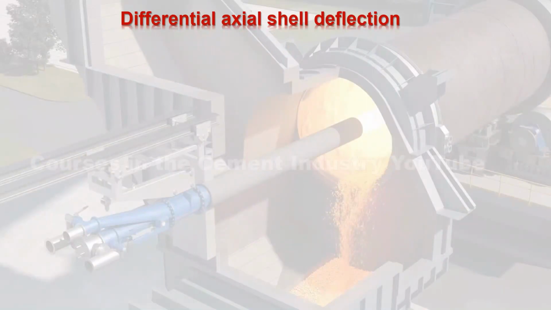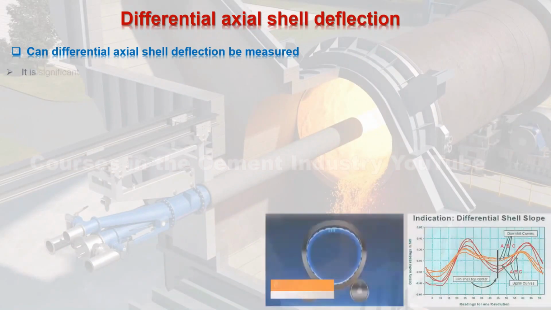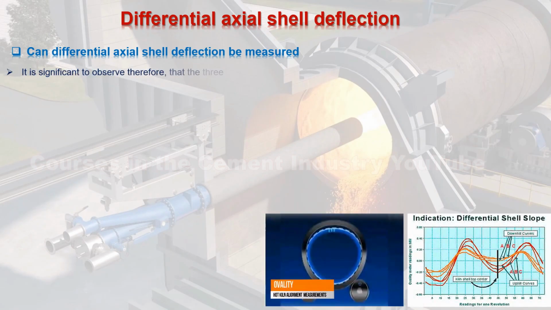Following together, can differential axial shell deflection be measured? It is significant to observe therefore that the 3 curves downhill of the shell are consistently less deep than the 3 curves